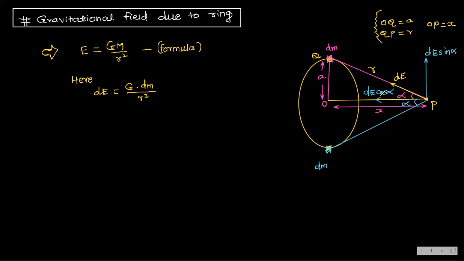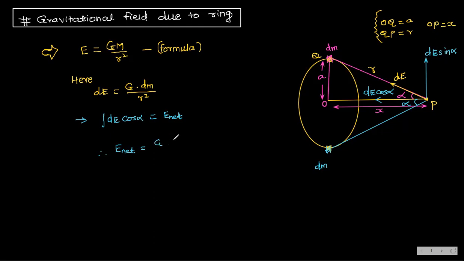This is toward the center, so I am taking this component. So what you will get, see, integration of dE cos of alpha is equal to E net here. Therefore E net is equal to